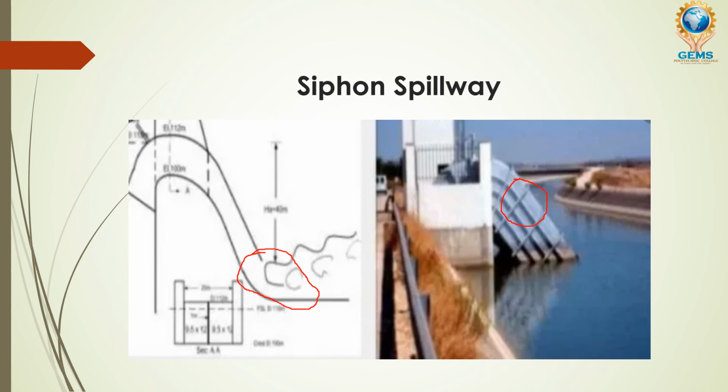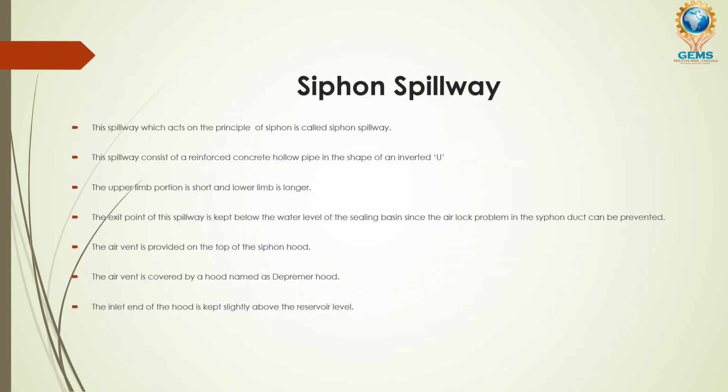Okay, fine. Our final type of spillway is this siphon spillway, a spillway which has the structural shape of a siphon tube. You know, in physics lab you have seen the siphon tube. It is like a wavy formation, where the internal portion is hollow and it is like an inverted U. It will be like a wave.